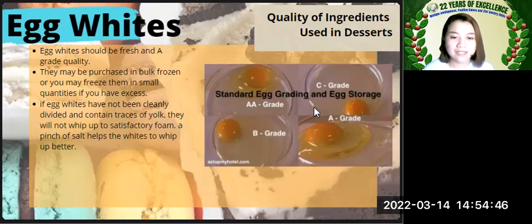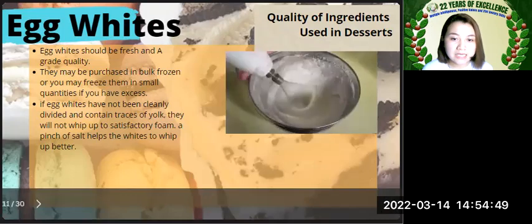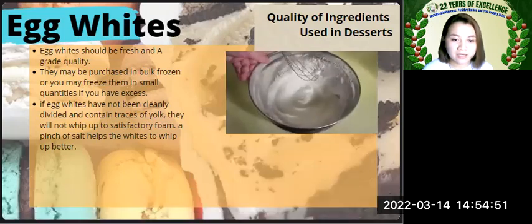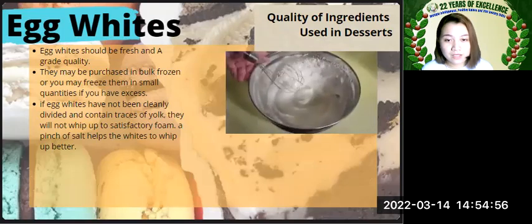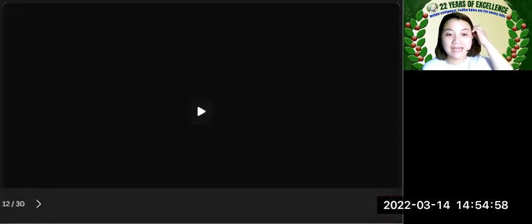Now, I also have here beating the egg whites. When you beat them, they will form a foam texture like that. So I have a video so that at least we have